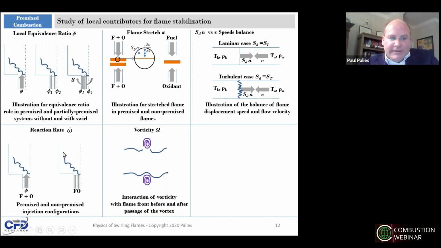The reaction rate at the bottom left of this slide can have, at first order, the mass fraction of fuel, the mass fraction of oxidizer, and the temperature as its driver. And the vorticity can create flame surface hole during dynamic, during a stabilization. So all these contributors play a role in flame stabilization, and they can be interrogated on